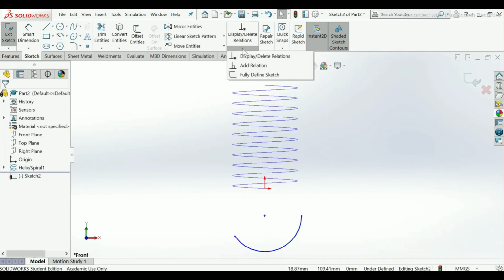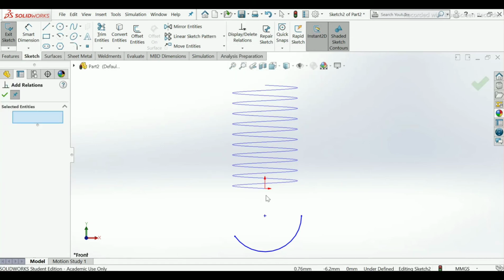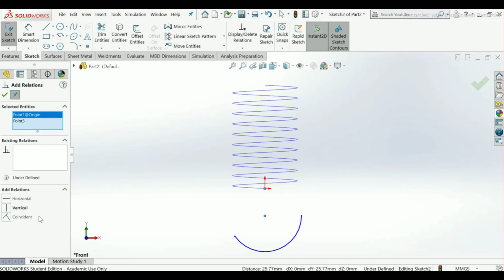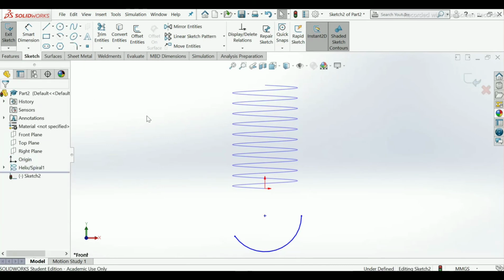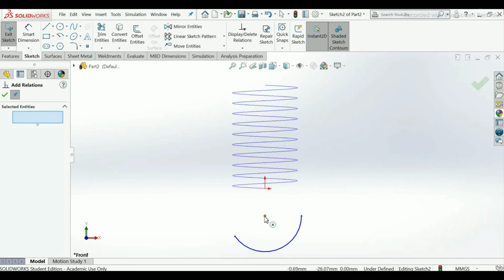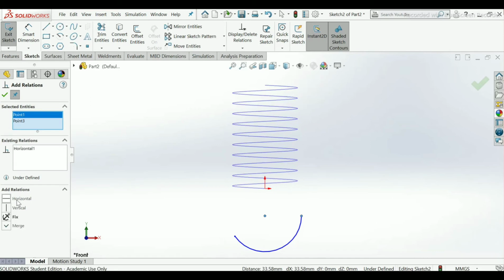Go to display, delete relations, add relation, select this point and this origin point, make it vertical, OK. Again go to add relation, select this point and this point, make it horizontal, OK.